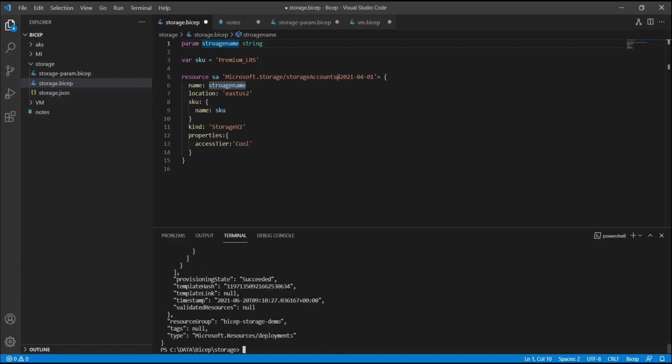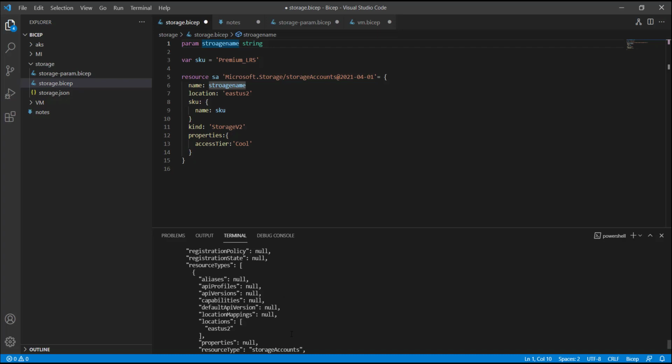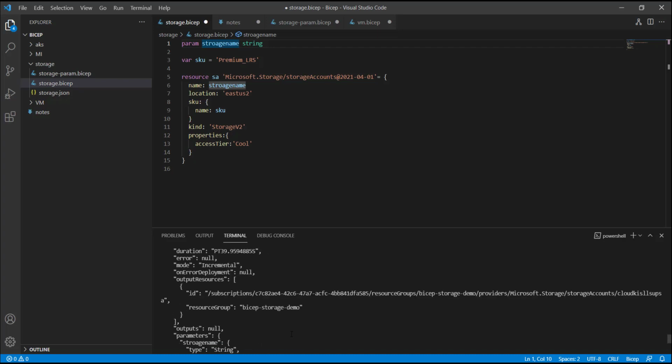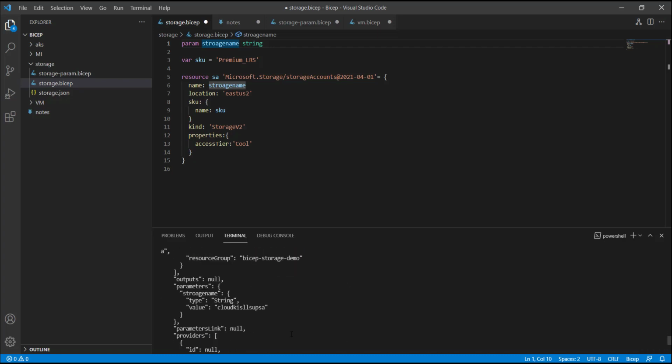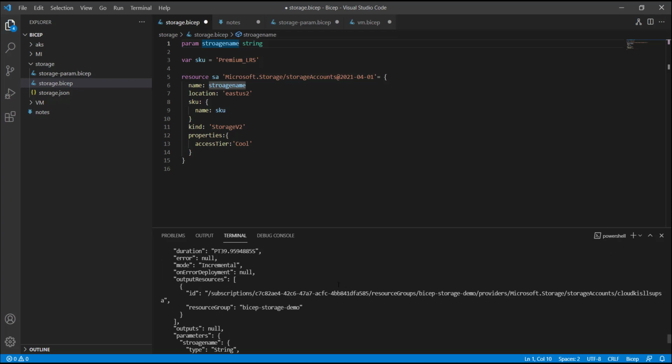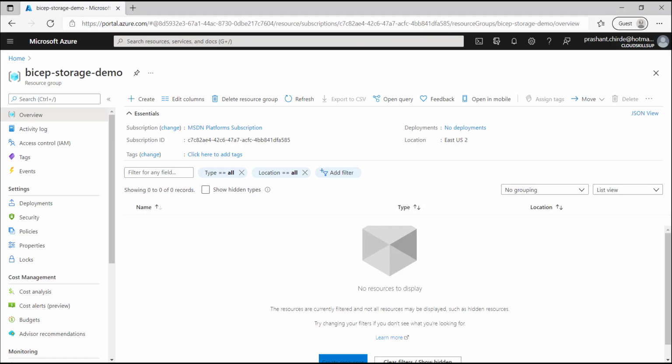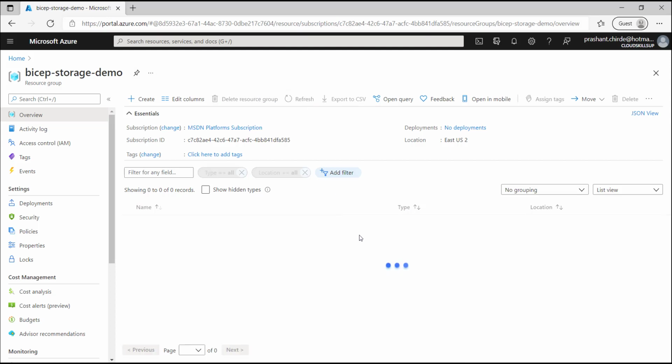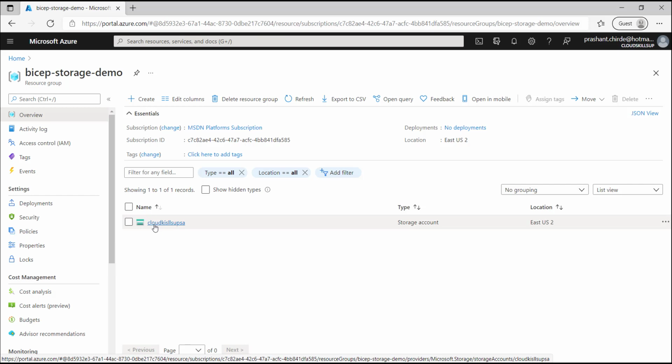So now the output of our deployment appears here. It's showing the overall detail of the deployment along with the resource ID that is created, and the resource group where that particular resource is created. So this is the resource group, and we are checking the same details in the same resource group. Let me open Azure. So this is the resource group, and if I refresh here, the storage account is created.